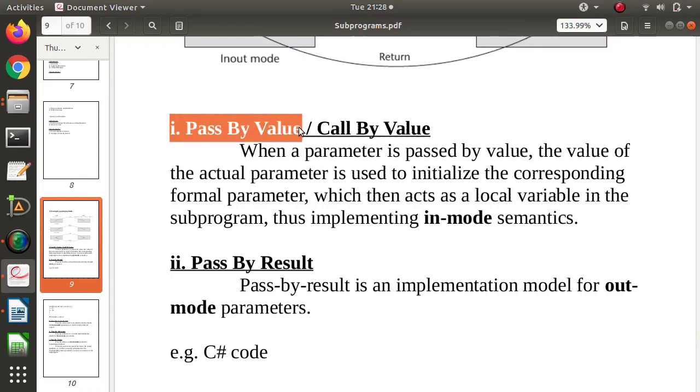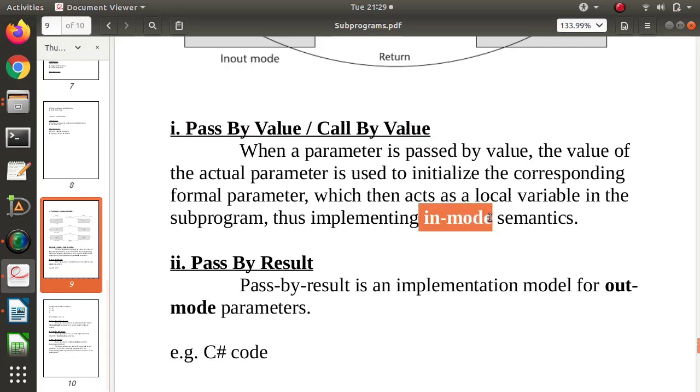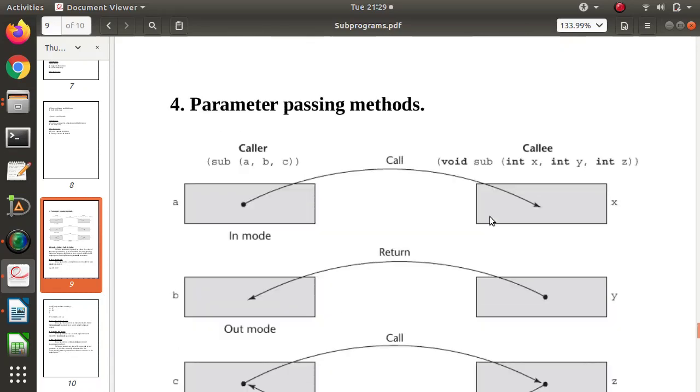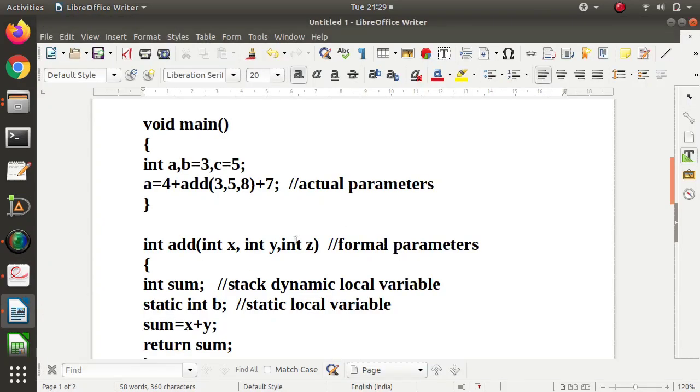So normally we call it call by value. So it was in mode, that we are seeing it was in mode. In mode means these values get copied to these variables, these formal parameters. For example, look at this. In this example, 3 get copied to x.